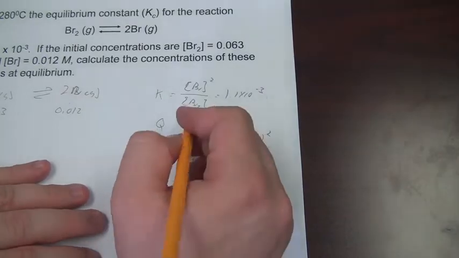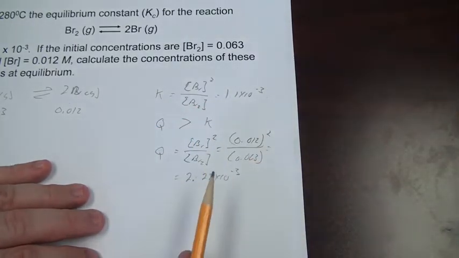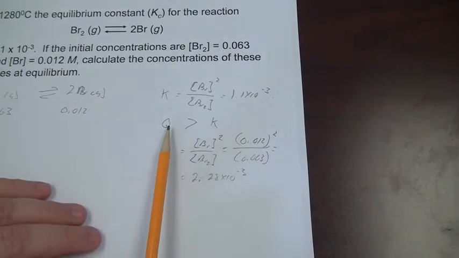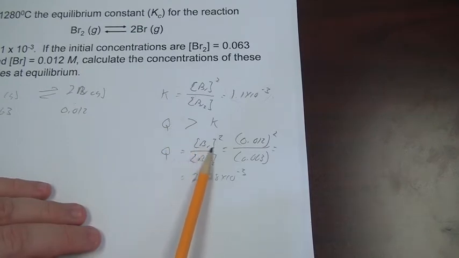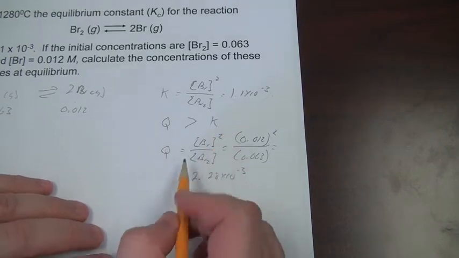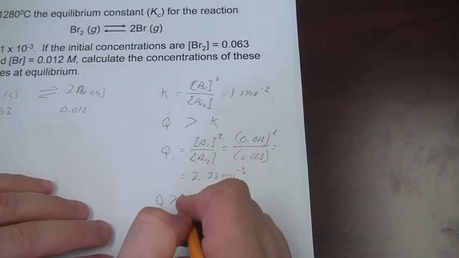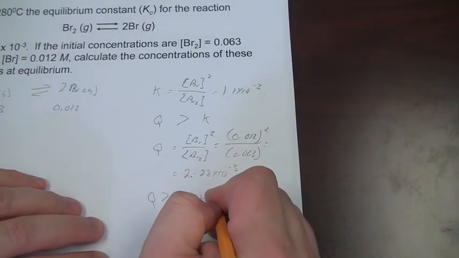This is a bigger number, so Q is greater than K. That means we have too much Br compared to Br2 than we should at equilibrium. So with Q greater than K, we're going to shift